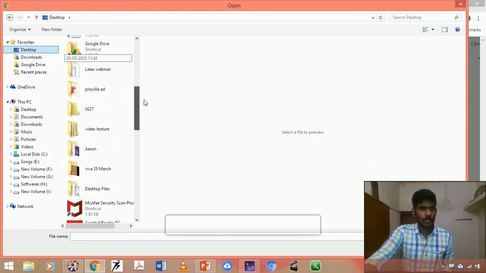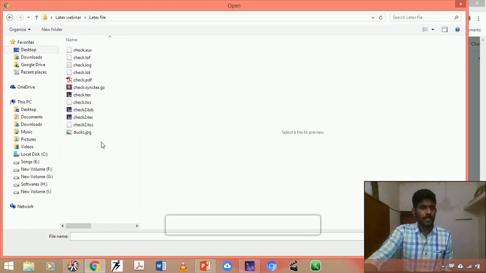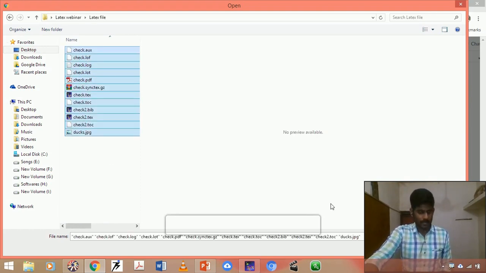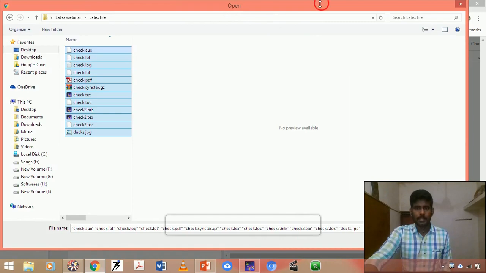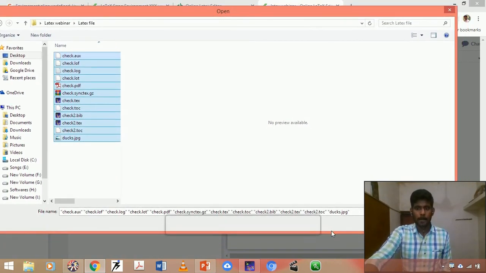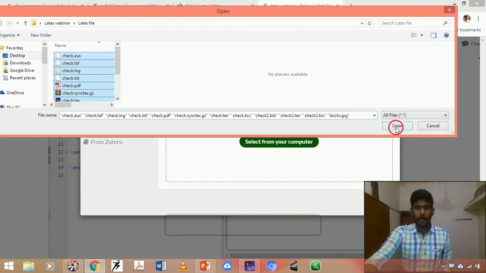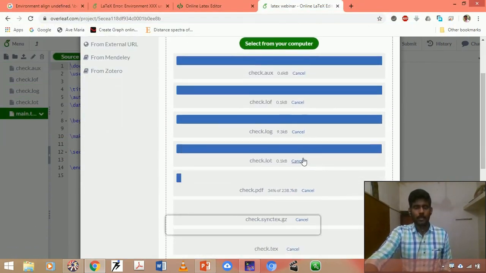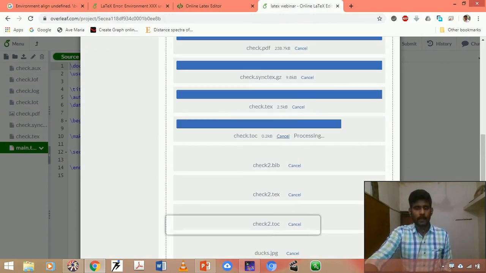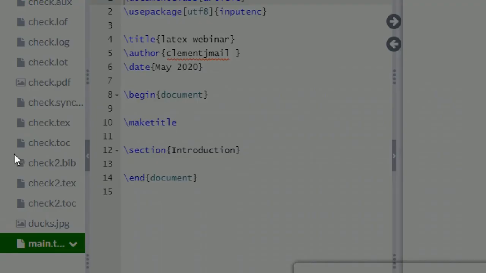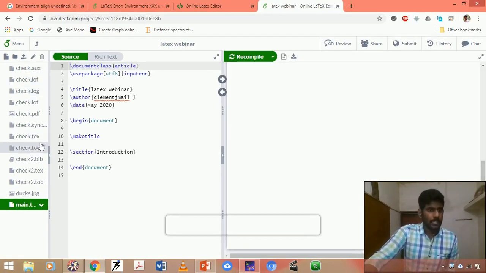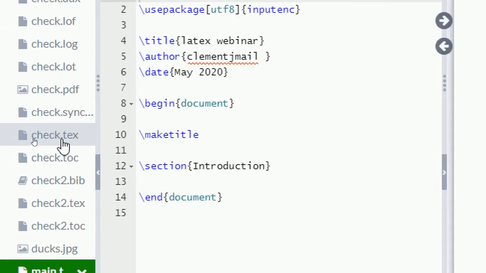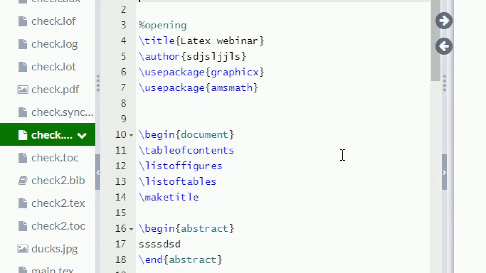So I could open it. I am going to simply copy the entire thing as a project. It takes time to upload all the files. Once it gets uploaded, you can see it uploading in parallel. Yes, now we can go to the respective text file that I have already corrected in TeXstudio. If I click this,